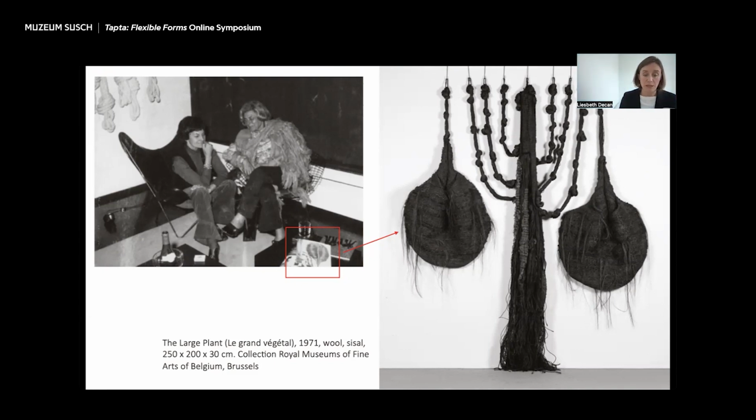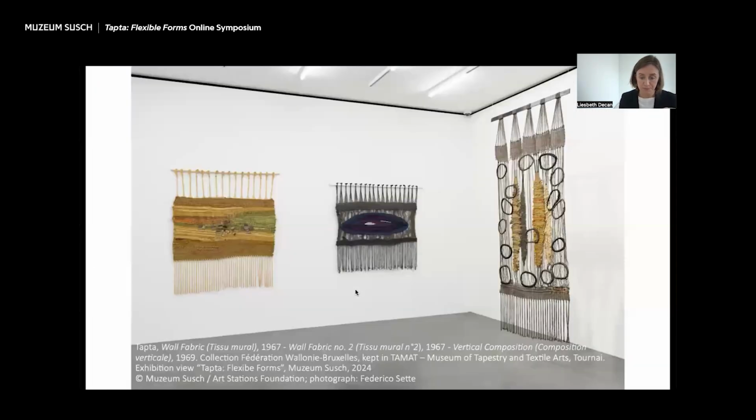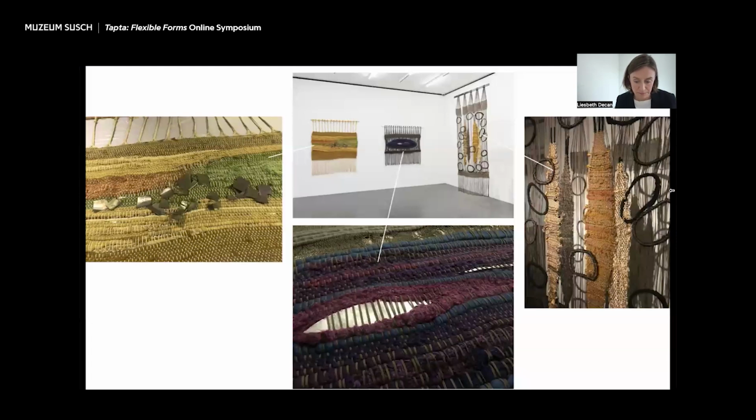Possibly influenced by informalism, a dominant pictorial movement in Europe in the 1950s and 1960s, her visual language in textile is predominantly abstract and characterized by free gestures, resulting in organic forms not hindered by preliminary sketches, but inspired by the manipulation of materials. Interestingly, in her first experimental weavings, Tapta already included small pieces of reflective metals or left certain parts open,